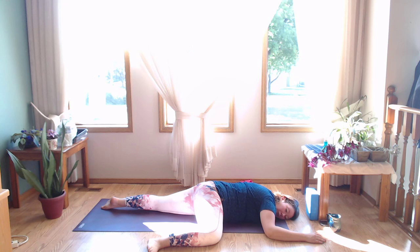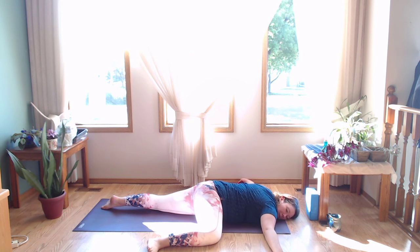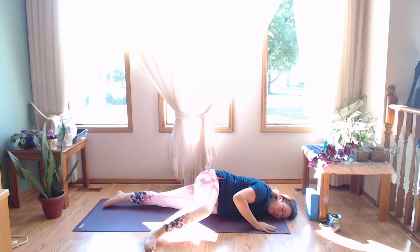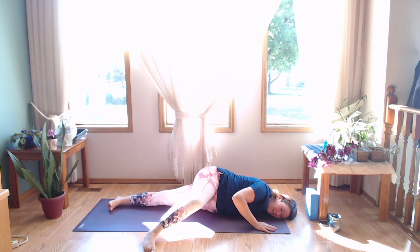Beautiful. Whatever arm is your non-active arm here. For me, it's my left arm because I have my right arm at that nice 90 degrees, that cactus. I'm going to bring that arm reaching out. So I'm coming into that nice T position now. On that front body, we're going to get into a little shoulder stretch here. And so I'm going to start to press with my right hand, the one that was active here, same as my right side. I'm going to start to press in and roll on to that left side of the body,